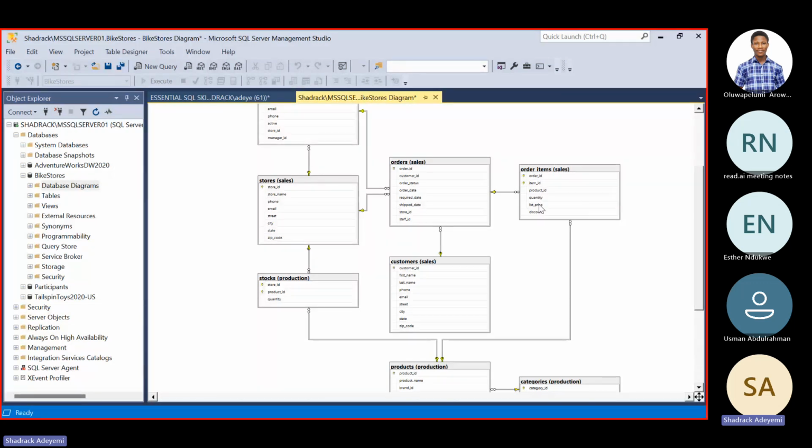So I'm going to assume that the list price is the amount that each good was sold for. So the sales amount is sitting in the sales order item table. And if you look through all the columns in that table, we do not have any information on the year of operation of our data set.